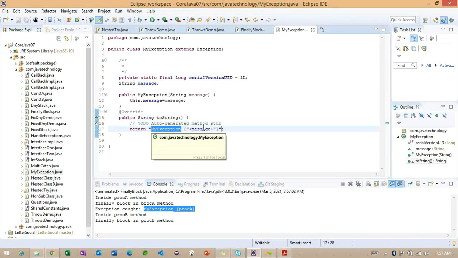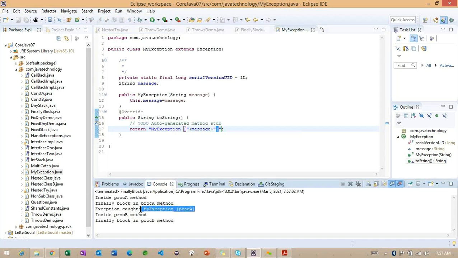We are printing the name of the exception along with the message, and here we appended some open brace and close brace. So the same thing we are getting here. Get the point? So this is the way we can override the toString method to provide the output in some format here. So these are about the exception classes here.